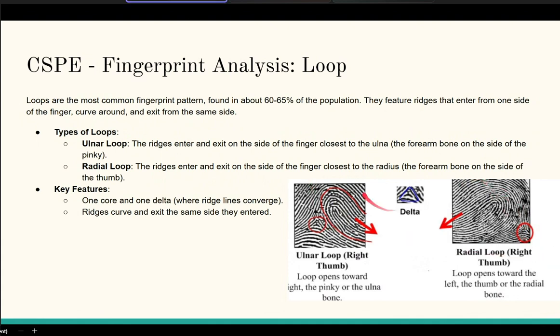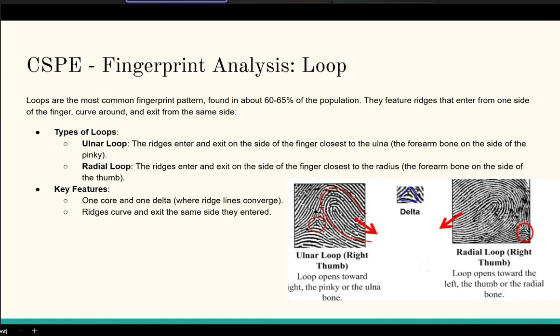And the ridge curves and exits the same side. So unlike an arch where it goes from this side to that side, a loop is just one side or the other. And the two types are ulnar and radial. So for ulnar, they enter and exit on the side closest to